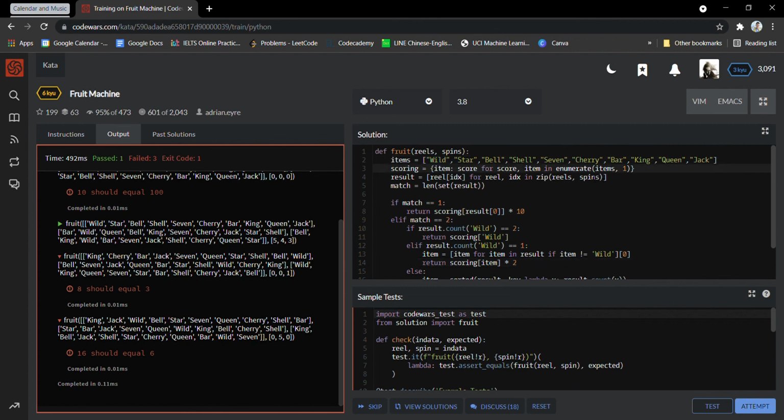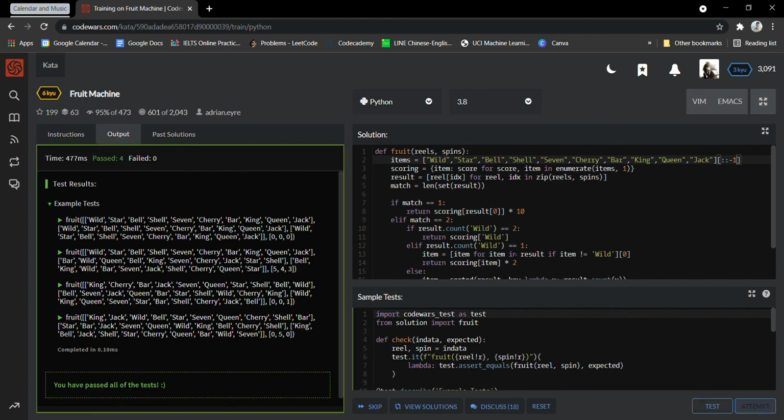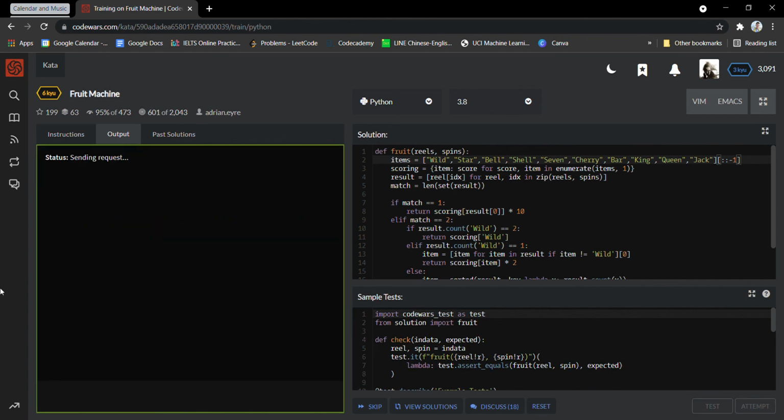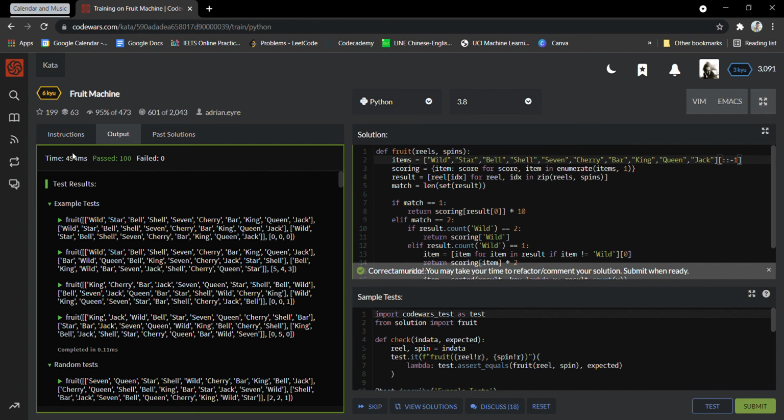Okay, found it. It's going to start from 1, so that means wild is going to get 1 and jug is going to have the highest score. So we don't want that, we're going to reverse it. So it should work now. And there you go. And bam, we passed it and we used only